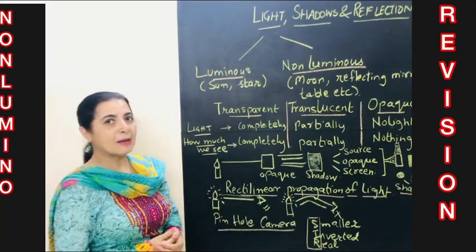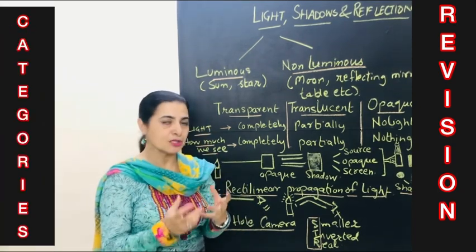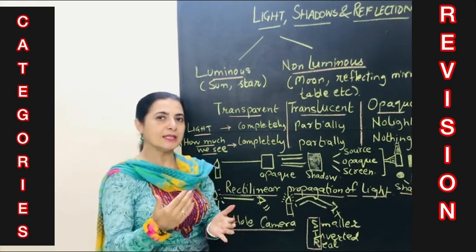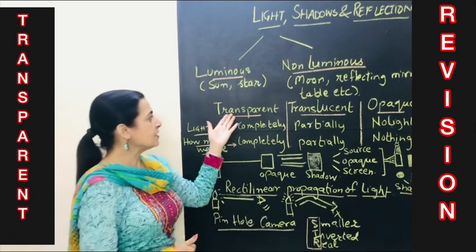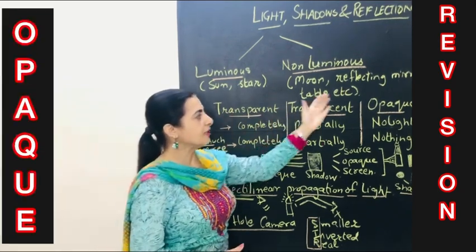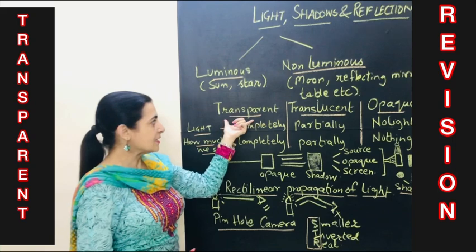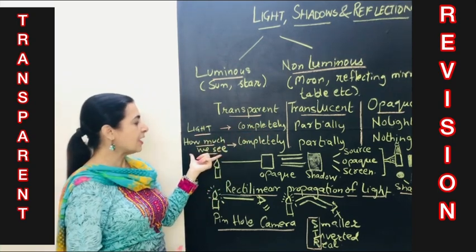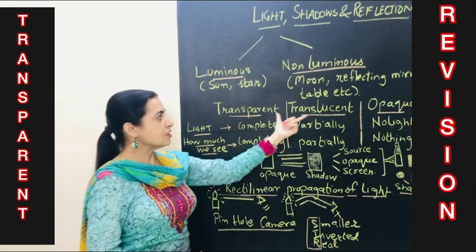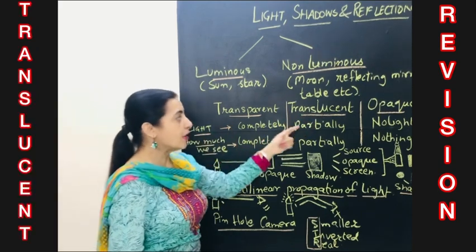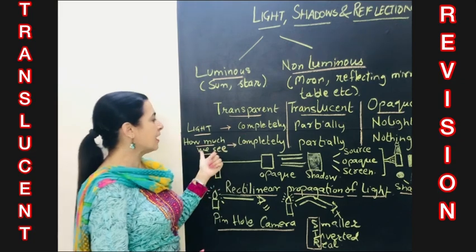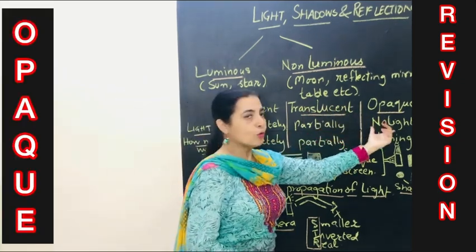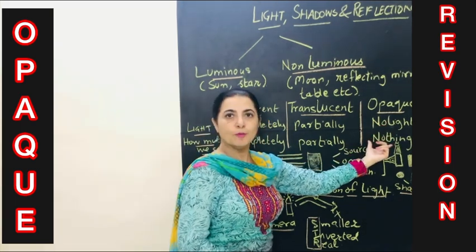Now coming to the next is depending upon कि किस object में से कितनी light pass हो रही है, किस object में से हमको कितना दिखाई दे रहा है, हम objects को we are dividing them into three different categories. The first is transparent, then it is translucent and then the third is opaque. So transparent हम कैसे याद रखेंगे? That is जिसमें से light completely pass हो रही है और जिसमें से हमको पूरा दिखाई दे रहा है. Translucent कौन से हैं? जिसमें से light partially pass हो रही है और जिसमें से हमको partially दिखाई देता है. And then coming to the opaque, जिसमें से कोई light pass नहीं होती और जिसमें से हमको बिल्कुल भी दिखाई